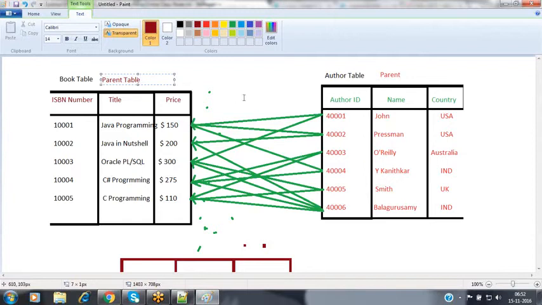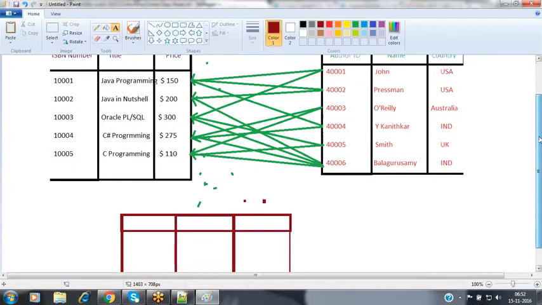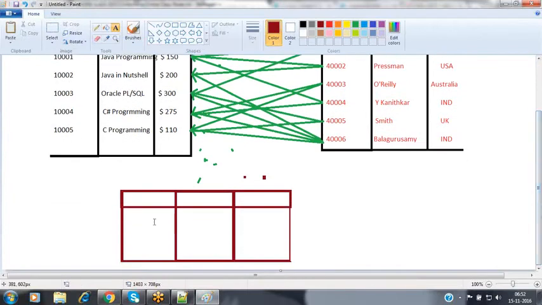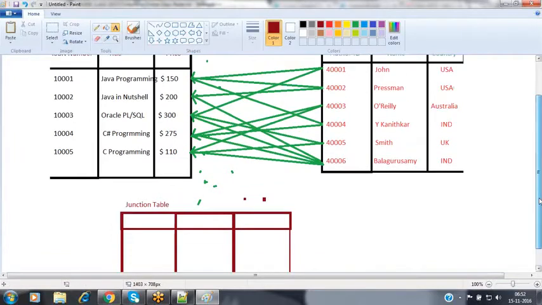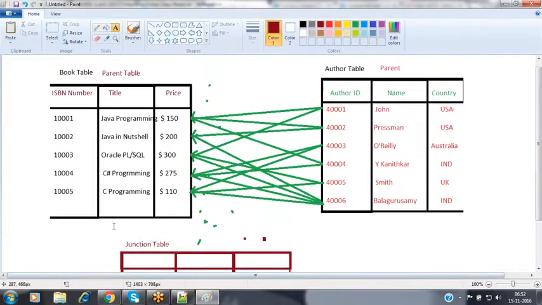So now both the tables are also the parent tables. Now we are going to be creating a child table right here. This is the child, nothing but a junction table. A junction table is nothing but a child which will be associating with both the parent tables automatically here. Then how can we associate? By using a relationship field.